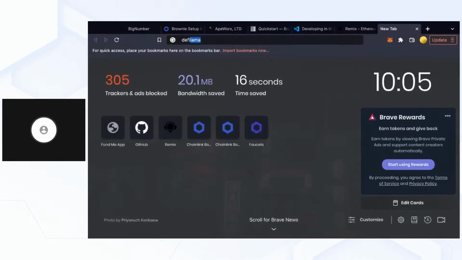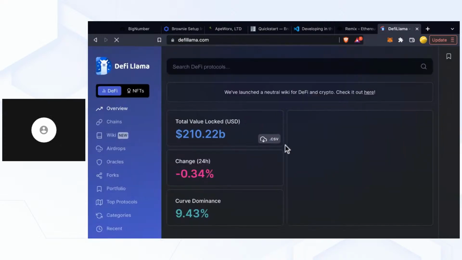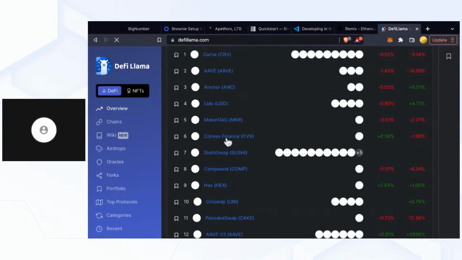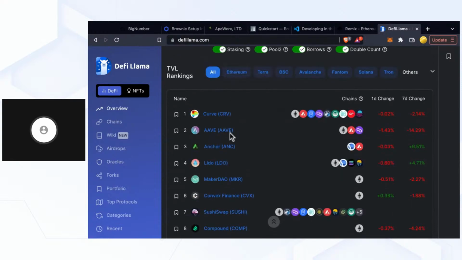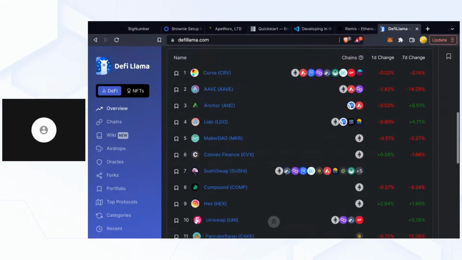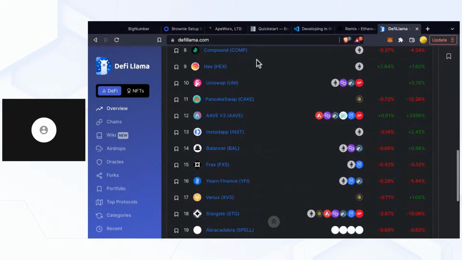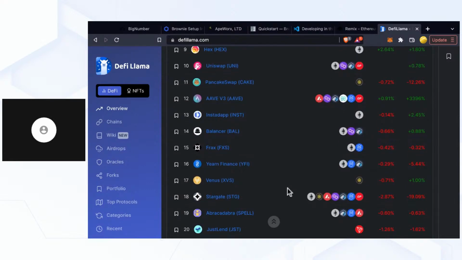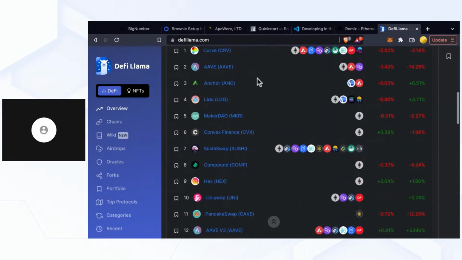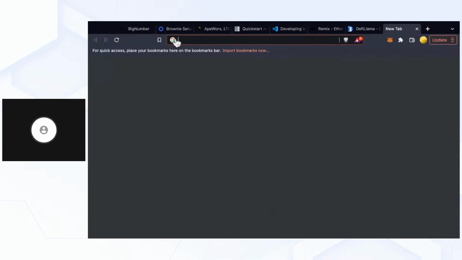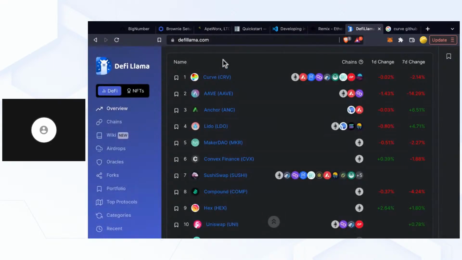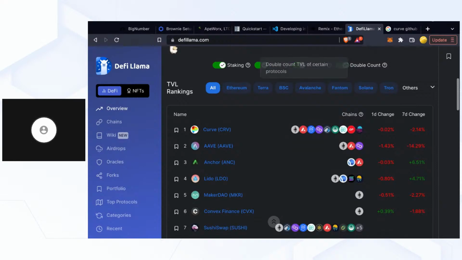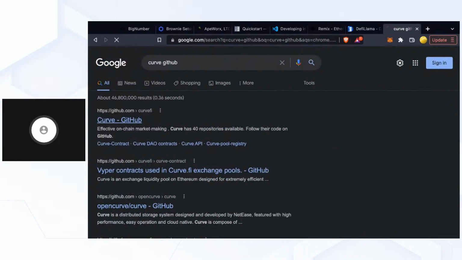And if you look at DeFi Llama, you can scroll down. There's a lot of protocols that use this Brownie framework for doing pretty much everything. Yearn Finance being a big one. I think Curve as well, right? So if we go to Curve, GitHub, right? Curve is like the largest protocol by total value right now. If we go to their GitHub,